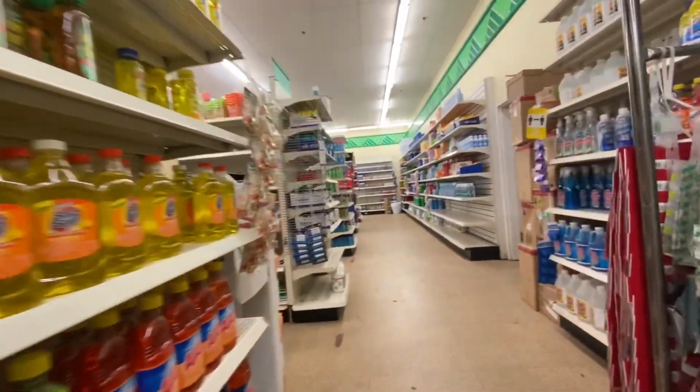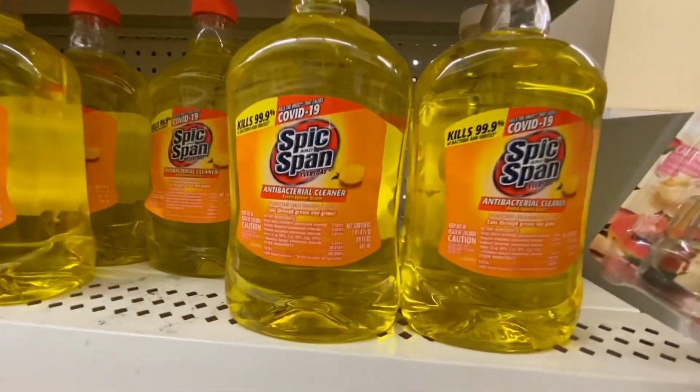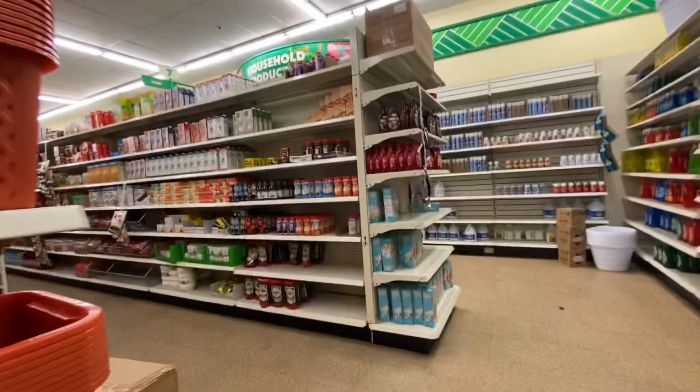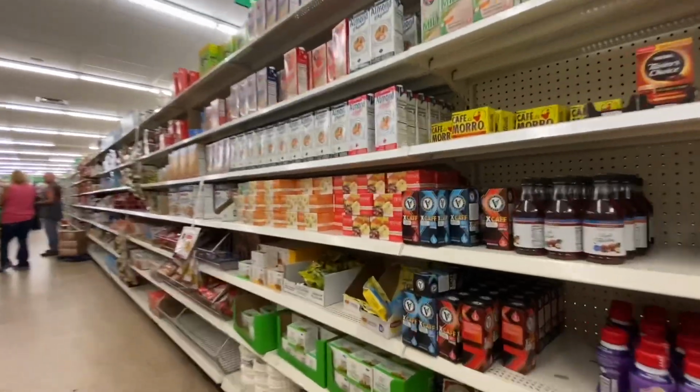I noticed these little bottles of cleaner. They're concentrate, and I definitely am going to pick these up if I see them again. Kills COVID-19. Rounding the corner at the food aisle at Dollar Tree, the first thing that catches my eye is